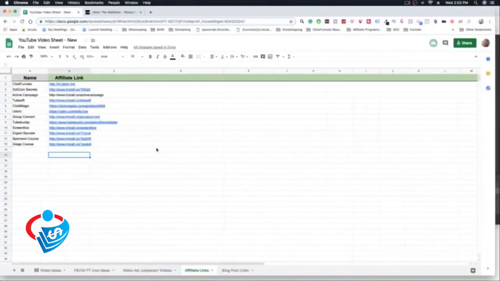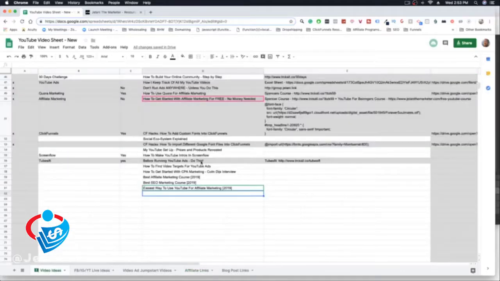The more value you give, the more people are going to be inclined to click your link, and also they see you as an authority figure. They see you as someone in a position of power because of how well you know the program, right? So just get a list of affiliate programs that you're a part of, or softwares that have affiliate programs that you think you can make a video on, and then you just plug the video idea, right? Literally, I just thought about this idea like 2 seconds ago, and I just plugged it in here, right?